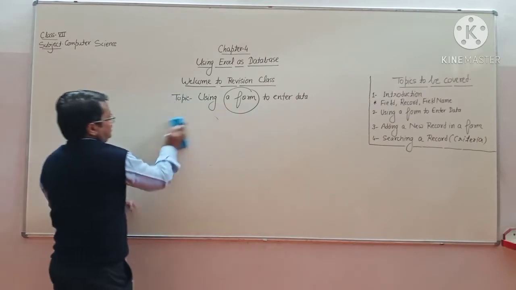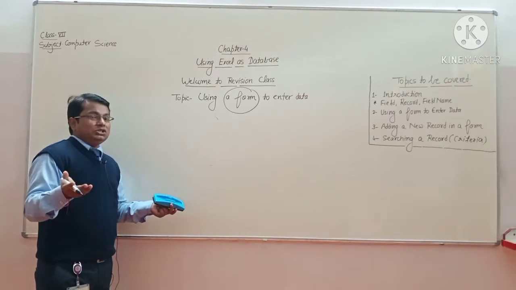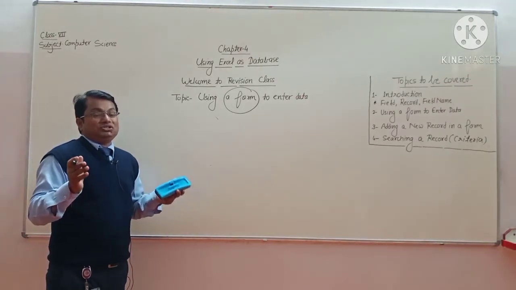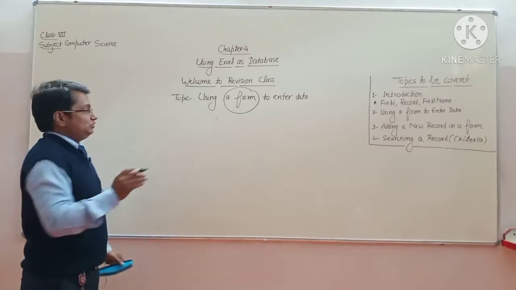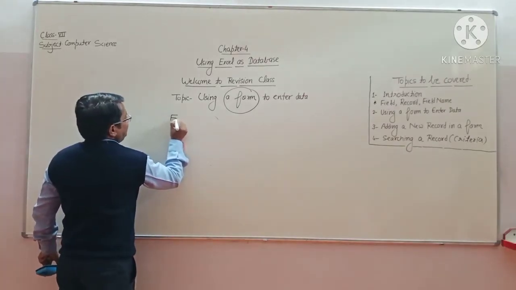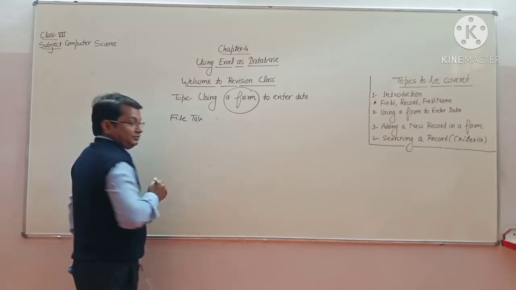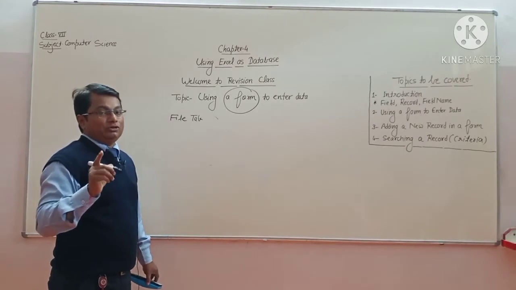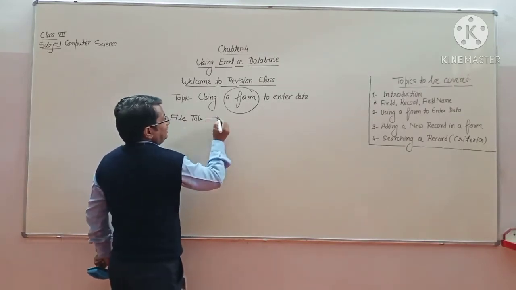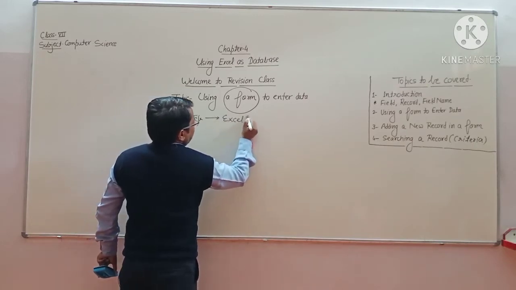So why are you using the form? The reason behind it is to enter the data in the easiest way. We are just trying to enter the data. Now, first of all, each and every Excel window has a File tab, right? So first you have to click on the File tab. Once you do, go to the bottom side, and at the bottom you will have Excel Options.